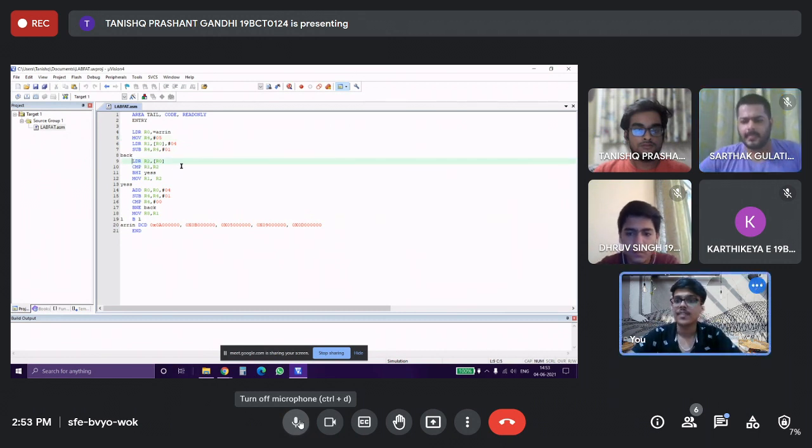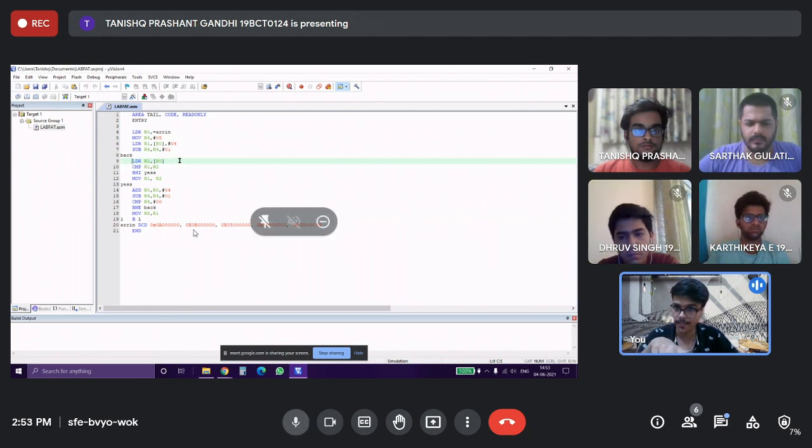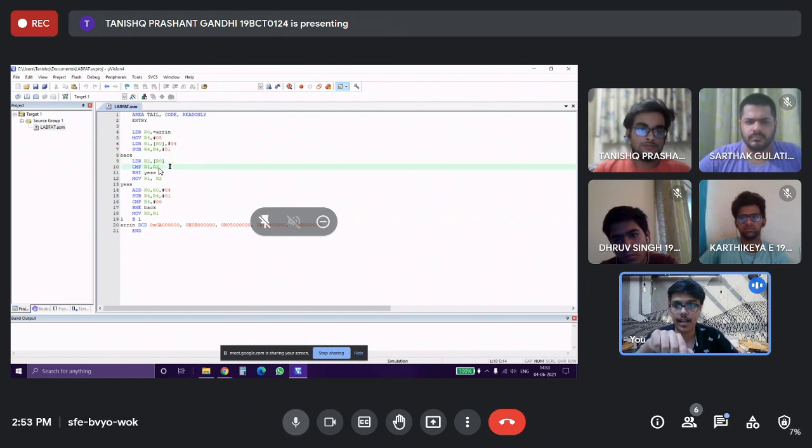So right now we have R0 and R1. R0 contains the second element and R1 contains the first. In line 9, we will move the value of R0 to R2 and we will compare R1 and R2.